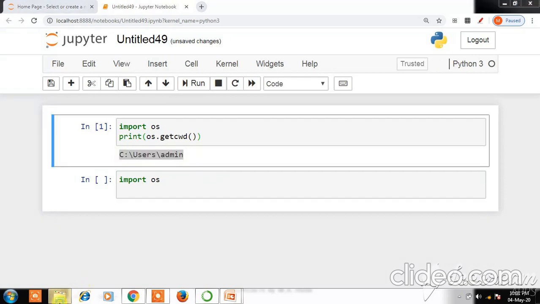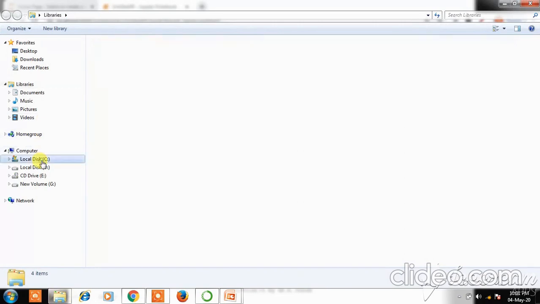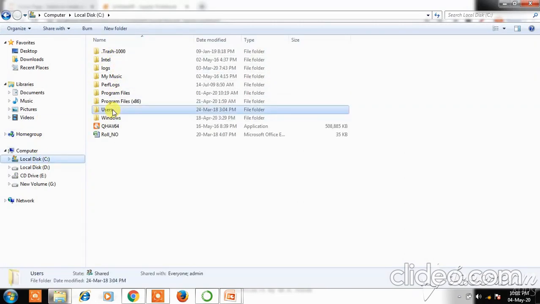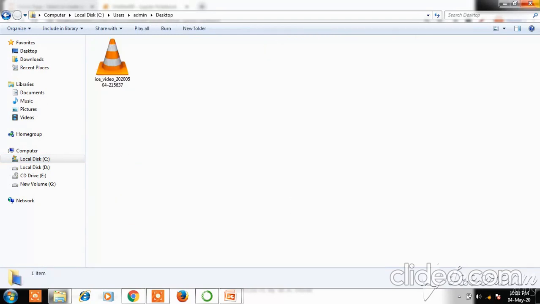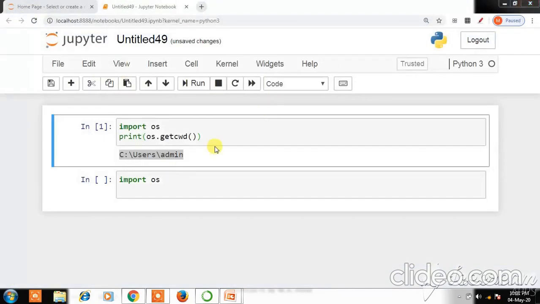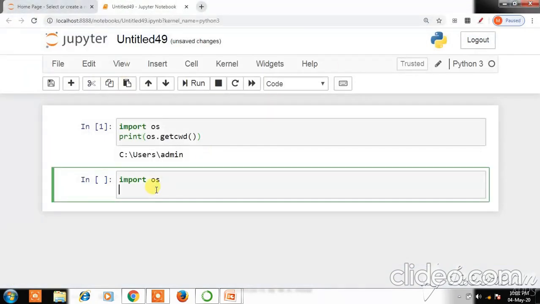So if we go to the location C, Users, admin, these many folders are available. Let's suppose we want to move towards the desktop. To do that, we write os dot the method name chdir, in brackets and quotations. We put the name of the folder we want to move to from the current location.